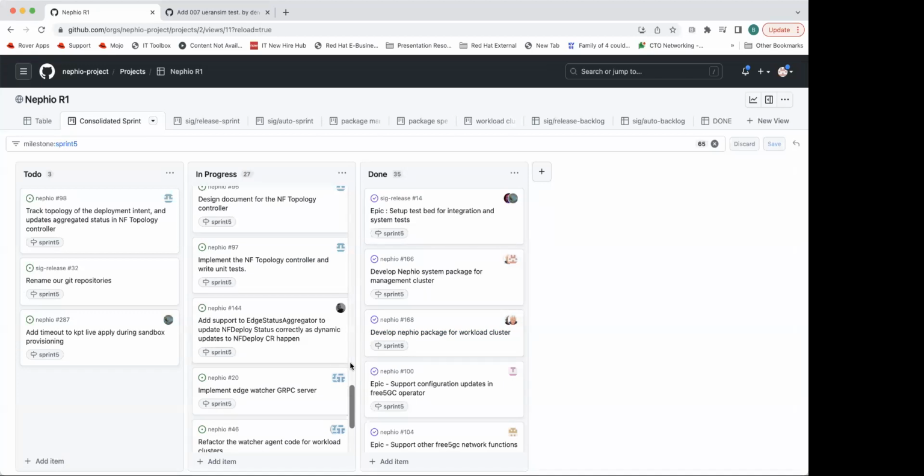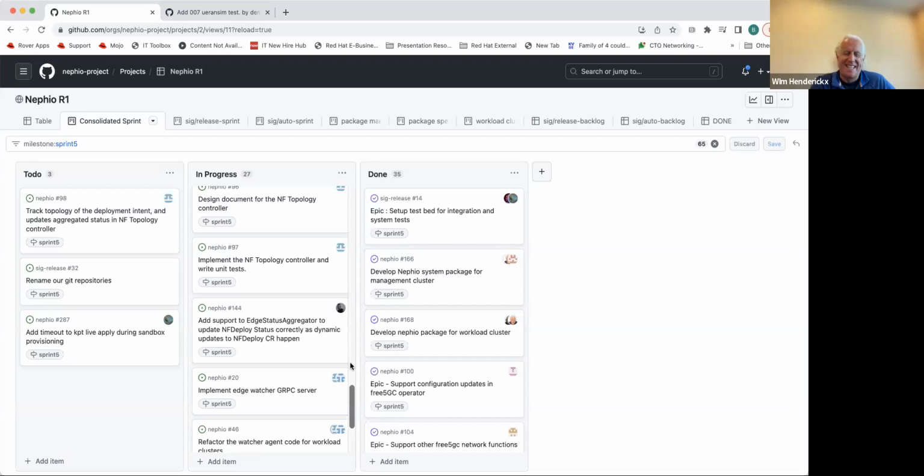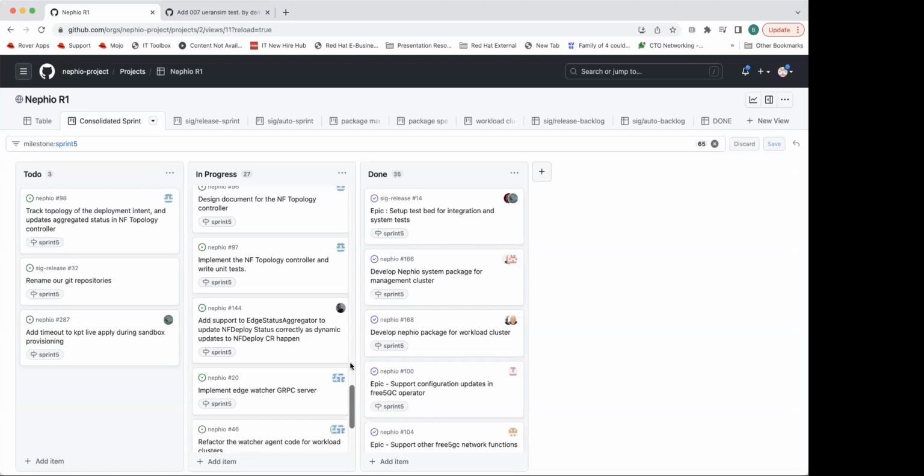For the full integrations of the NF topology controller, if the code gets merged, it could be there. We have to bundle it, but it will affect docs and all that stuff too. It's a little urgent, because there are other things to rush through before even getting that out. I don't think that's a very high confidence piece, because it's a user interface also, so we need good docs.